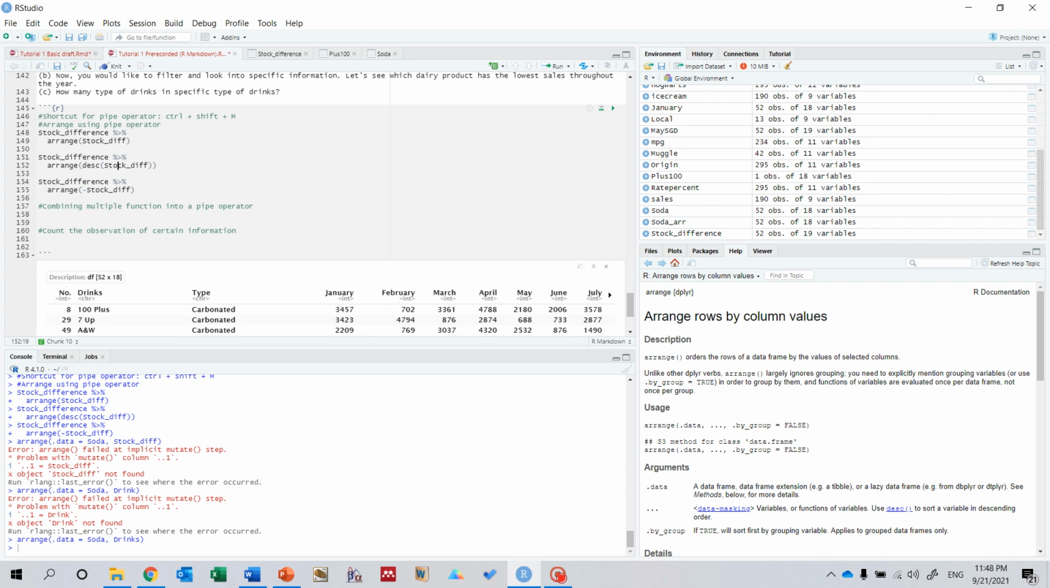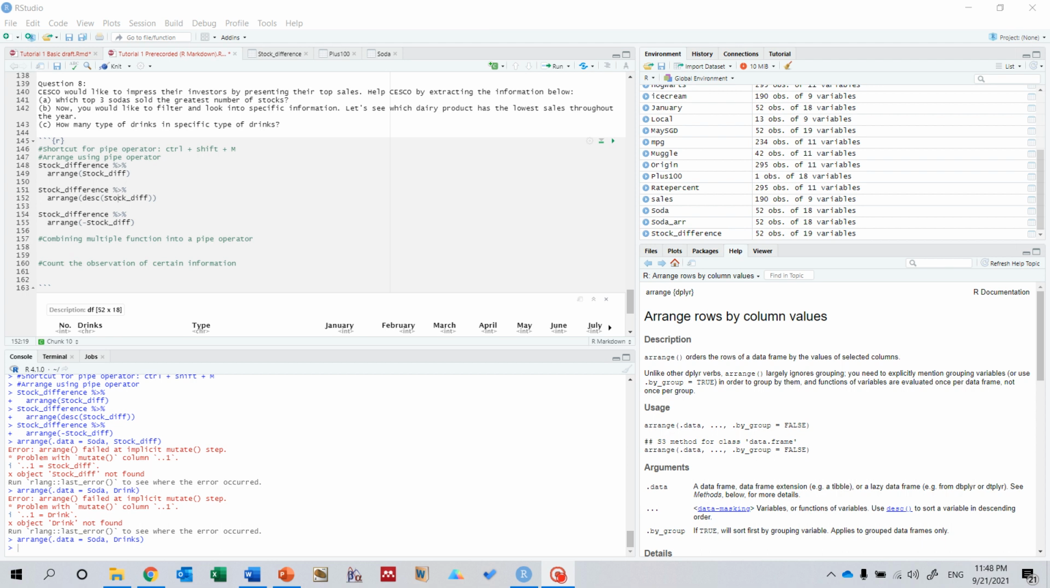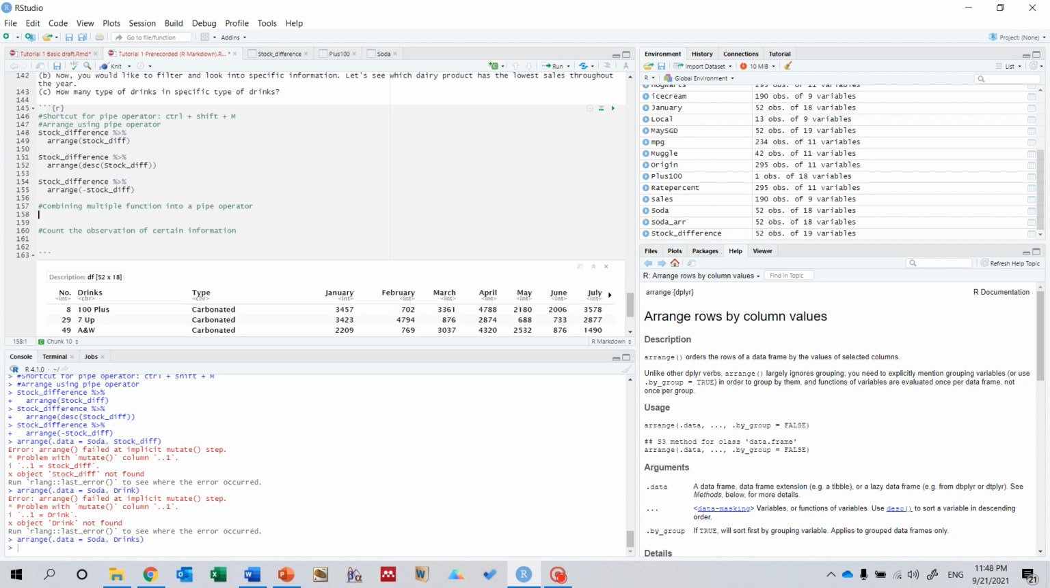And now you would like to check out this filter and look into very specific information, and let's see which dairy product has the lowest sales throughout the year. So basically it's combining multiple functions with the pipe operator. It works the same way. So we use soda, the pipe operator,